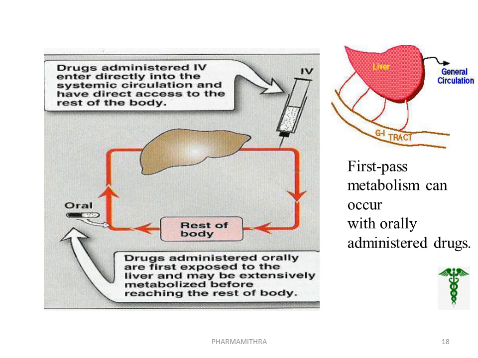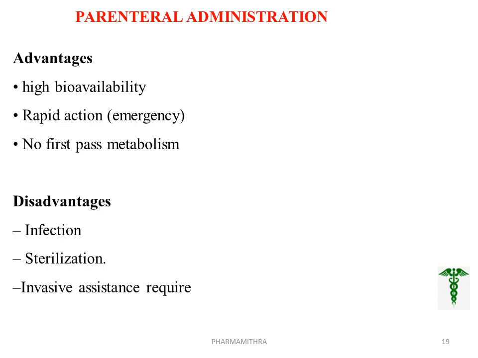That is, in short, this first pass metabolism happens in orally administered drugs. That is, through the liver, it is bypassing the normal absorption from the GI tract and metabolism is carried out, and finally results in less absorption of the drug into the general circulation or into the rest of the body.